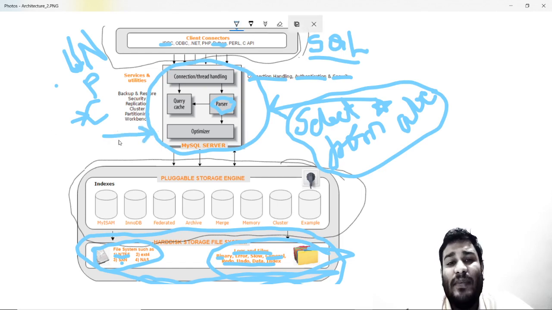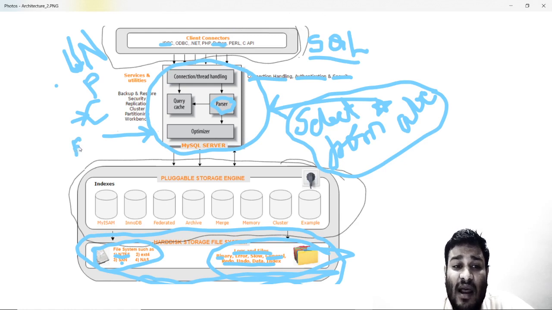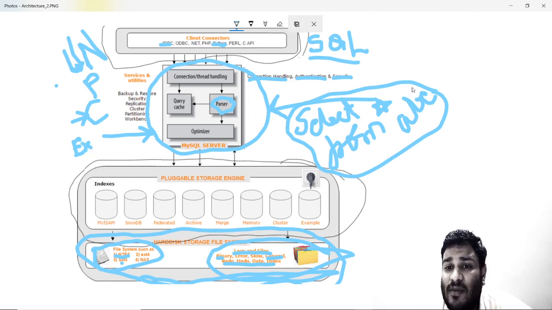Anyhow, even I am a performance engineer, and we do not do a lot of things in the parser and optimizers. In optimizers, we have a command, as of now you can just understand it, we will talk about it later. We have a command called explain. This will pick up your query which has a lot of joins, or maybe some group by statement, or some order by statement.